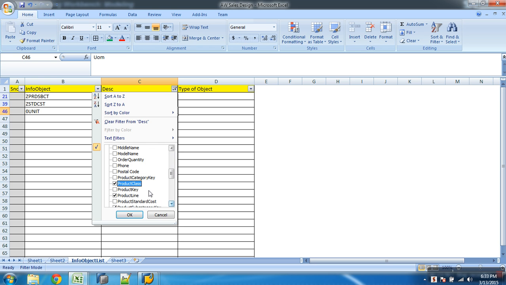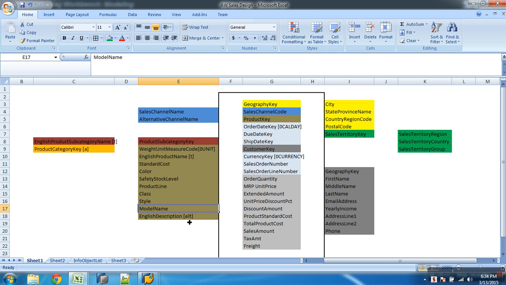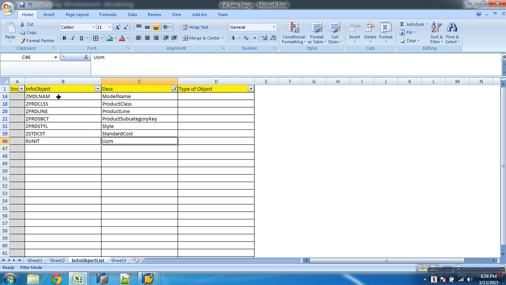Then product style. Style I have, and then this is something like model name, I think. I got model name. Okay, done. Anything else? That's it. Now the rest, these two will go into text. So this is what I wanted as attributes for product key.